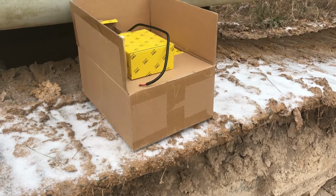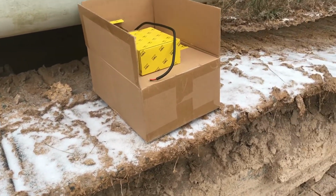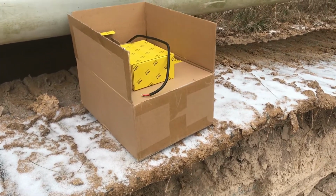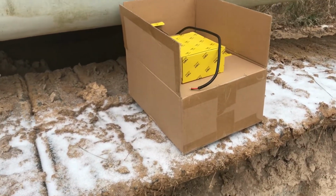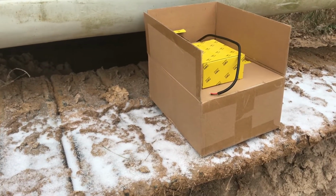Okay, so I'm gonna continue my cold weather antics here because the day just keeps getting more entertaining. Got these lights in for the excavator, and this is something I've been wanting to do for a long time. I just kept putting off because I told myself I didn't want the distraction, didn't need the distraction, but